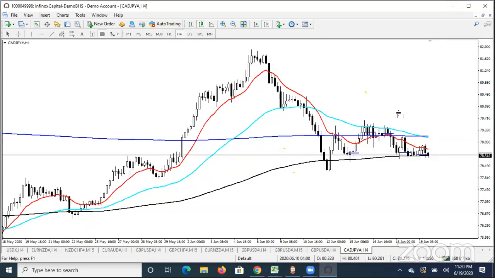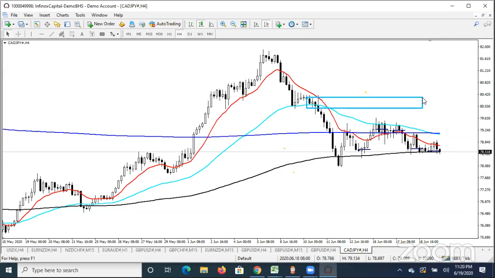This is the order block. This is the order block of interest in CAD JPY. Everything CAD JPY is doing here is consolidating, so we don't have anything to look at in CAD JPY. This is the order block of interest in CAD JPY. This was the bullish candle responsible for this drop. Price has not come back to test. If price for any reason comes back up here, we will be looking for reasons to continue the sell. But as it is right here, price has not retested anything of interest to us. We'll simply sit out CAD JPY, except, of course, if you're in a trade prior to this time